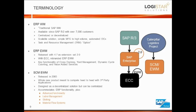And that was really born from a project based on Caterpillar Logistics implementation tied with Ford Automotive, in building really a brand new solution and best-of-breed warehouse management solution. So now SAP really has two products: what's evolved from the core ERP side, as well as the brand new SCM, Extended Warehouse Management. Now you'll see here that there's two EWMs, and while it makes everything very confusing, there